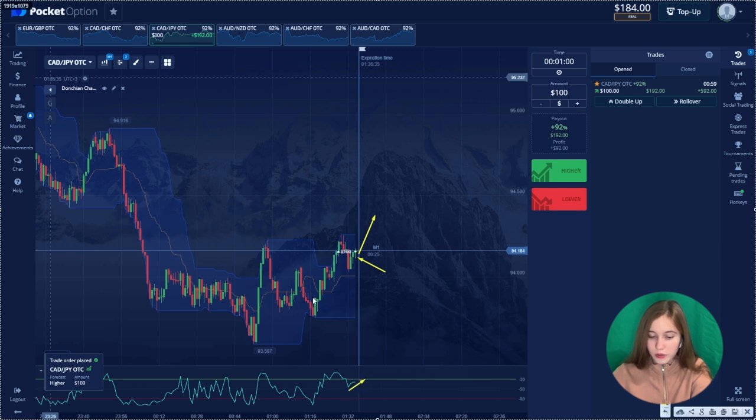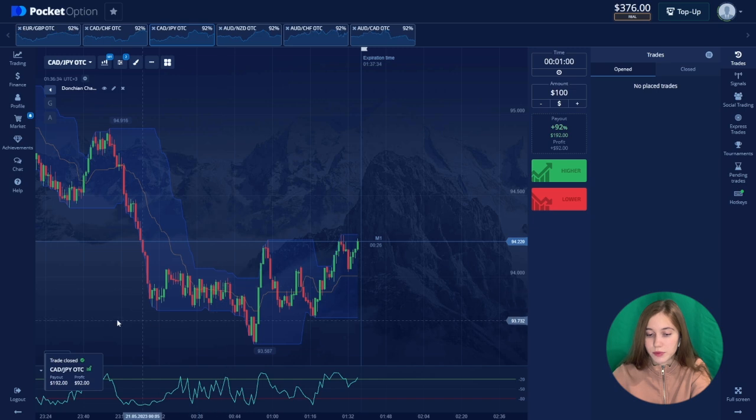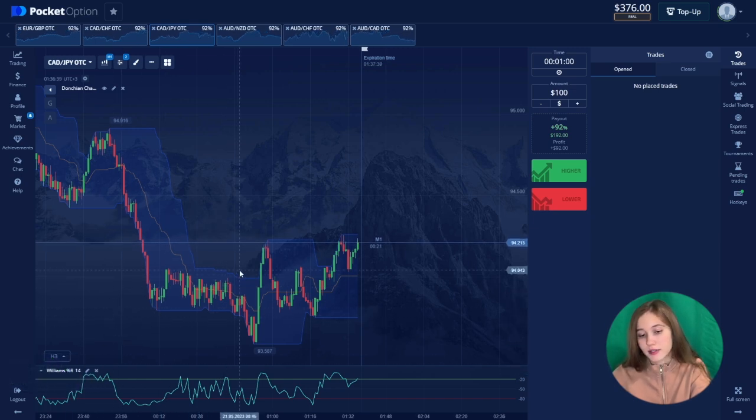Yeah, we're going to the overbought zone. We are in the upper limits of this indicator. Let's see, 3 seconds left until the end of our deal. Great, this deal is also closed with a plus $92. So what we see, our balance is